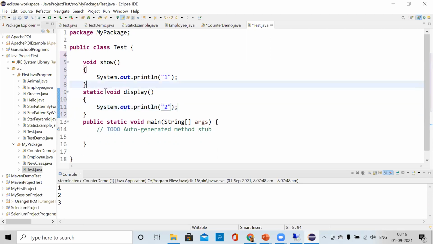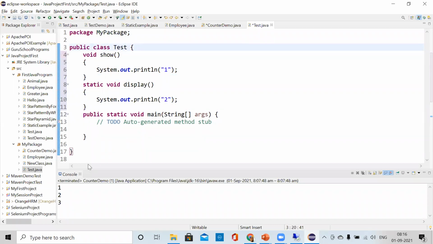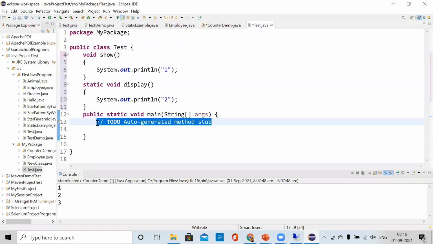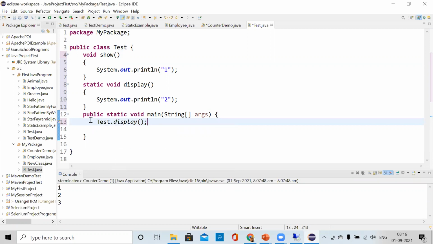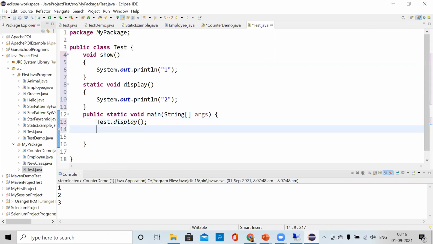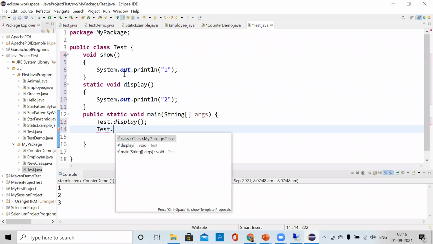Now suppose we don't want to create any object. Then what we can do, we'll just write test dot. See, these are the methods which we can use. Display is the method which we can call directly. Can we call the show method?